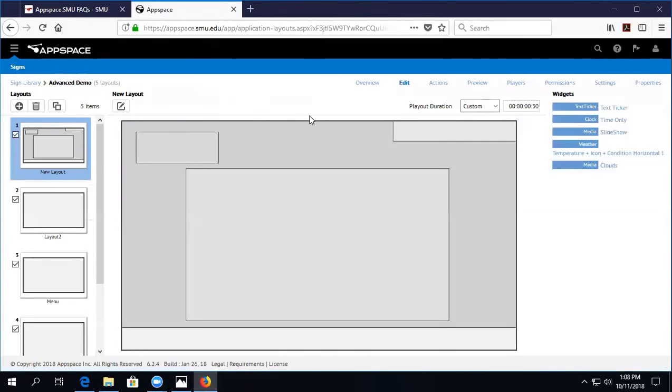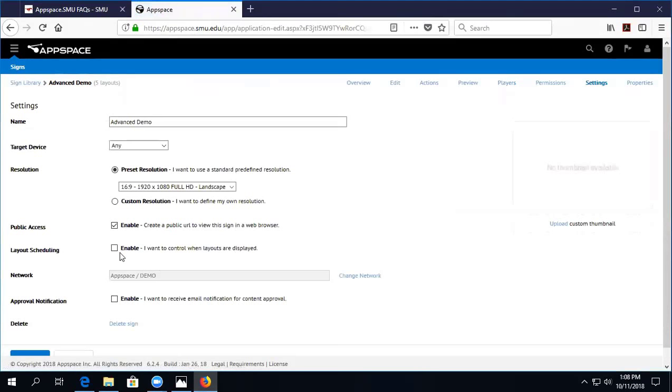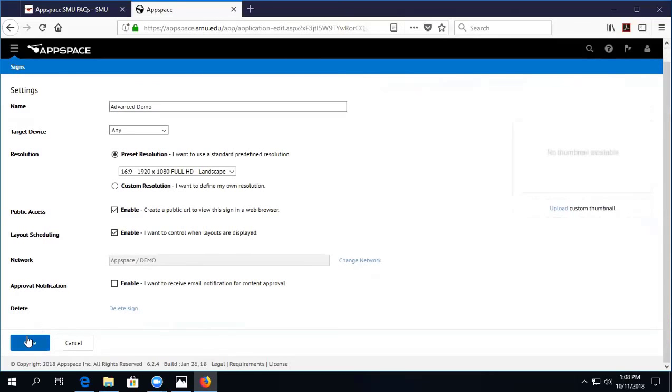You can also set up scheduling for layouts using this. If I go to my settings here and say enable layout scheduling, that will allow you to control when an entire layout appears or does not appear. So if I turn that on and click save